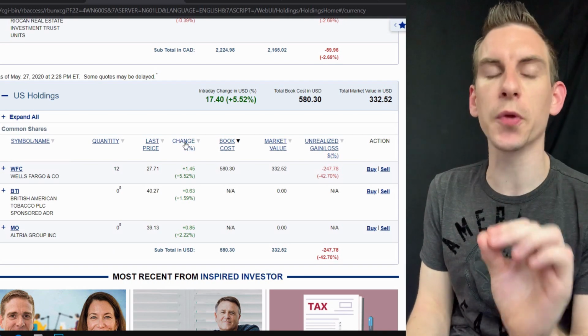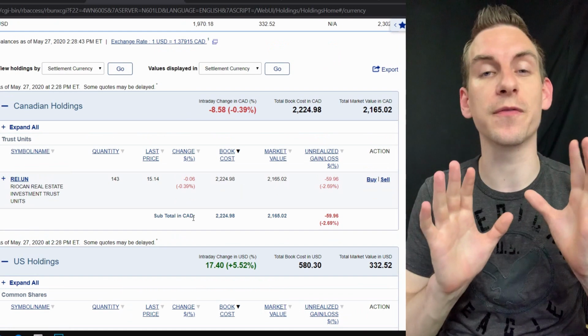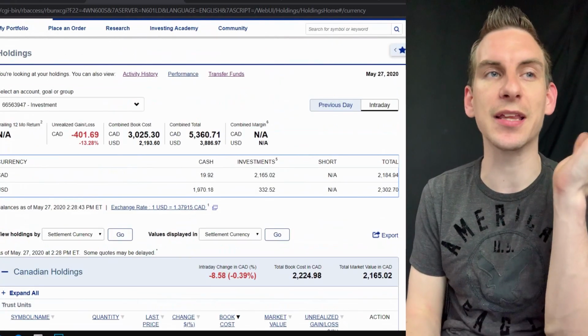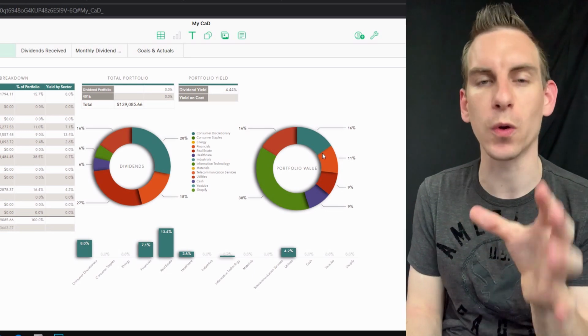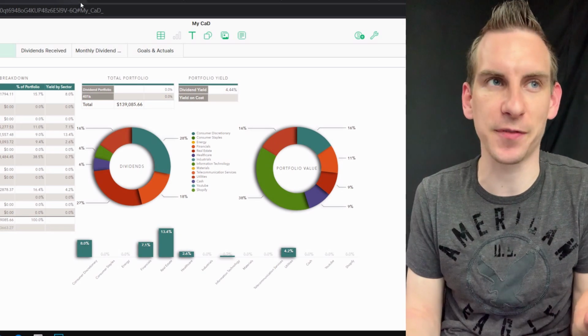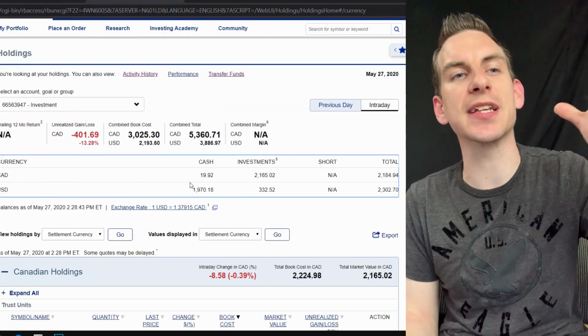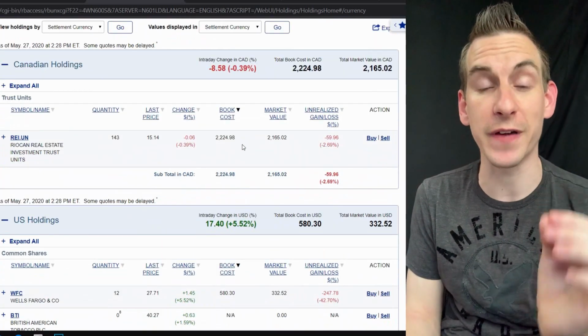Now, the reason I sold these is because, again, I'm already at scale. I only sold a couple thousand worth of those two combined stocks. And again, guys, take a look at the asset allocation. It is 16% of the total portfolio. So to pull back a couple thousand is probably barely going to take it to 15%, in which I'm actually going to take that money and I want 100% core focus it on my real estate investment trust right now,